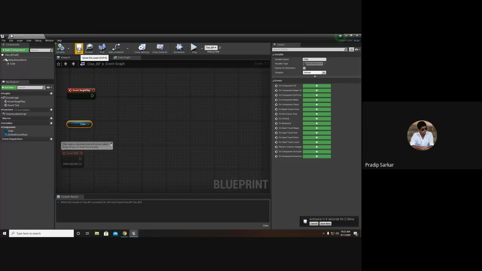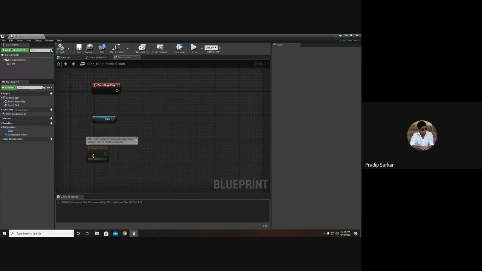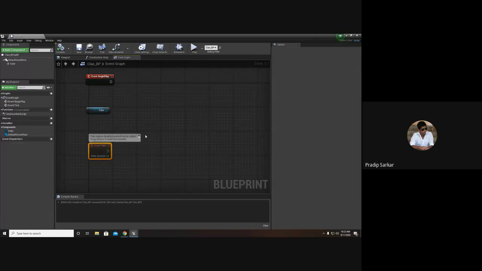Should I move it in the relative or should I move it in the actual world location? So first I will show you how to move it in the relative location. Event begin play will execute only once, that is whenever I hit the play button. But event tick will execute each and every frame.